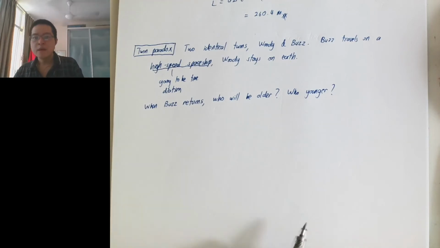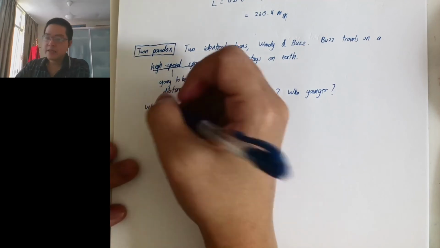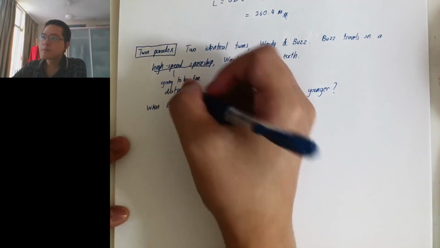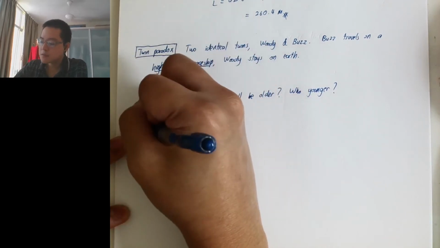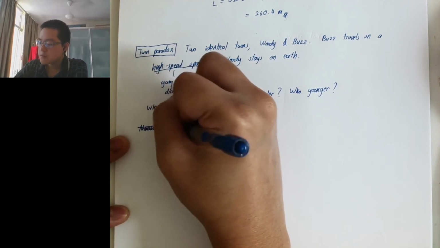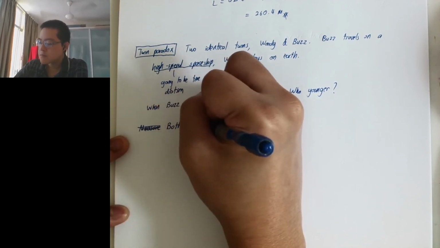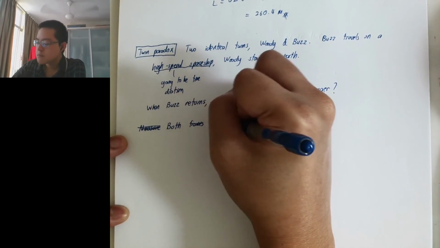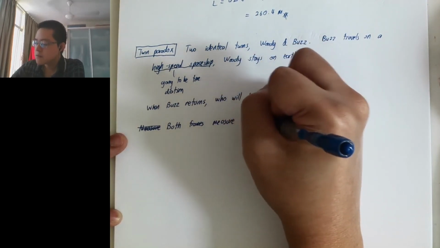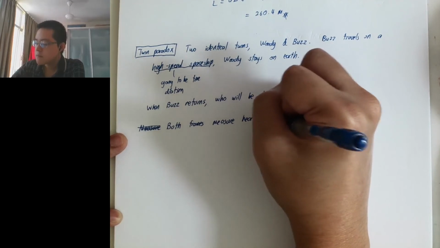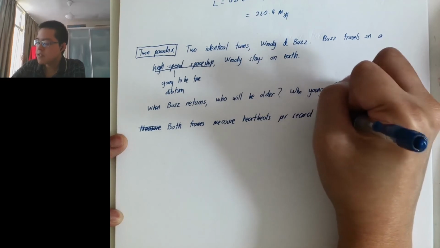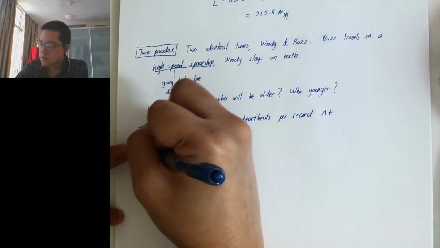Let's measure the age. So how do we measure the age? Let both friends measure their heart rate. So delta t, right? So according to